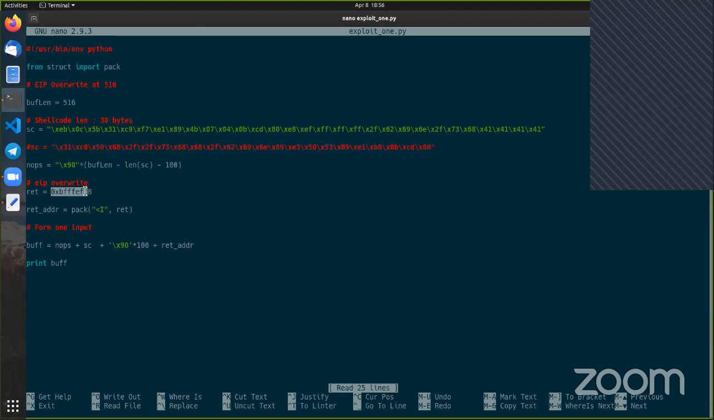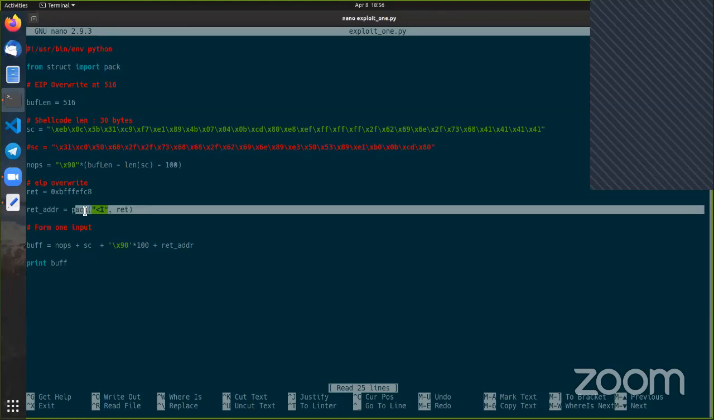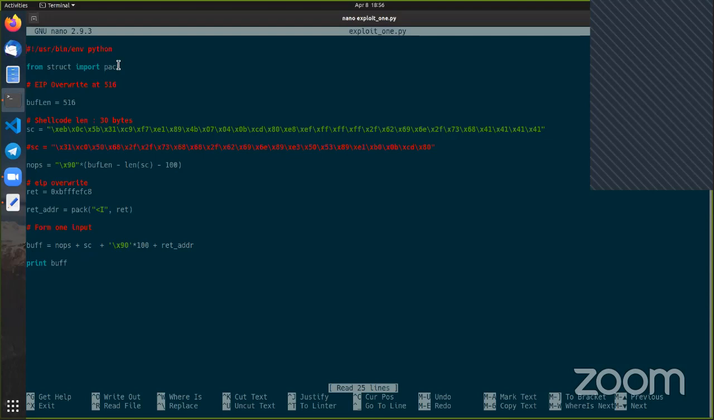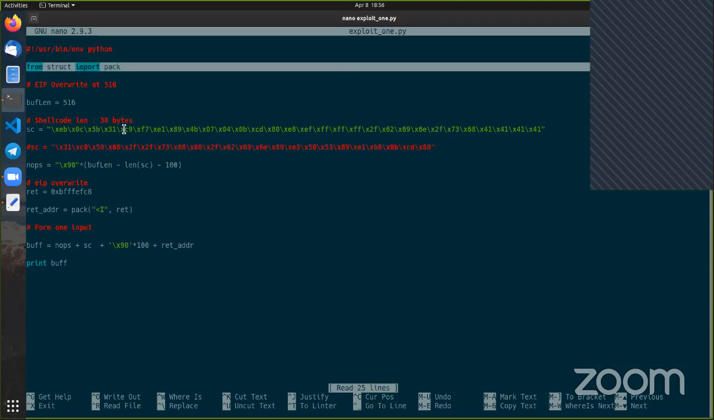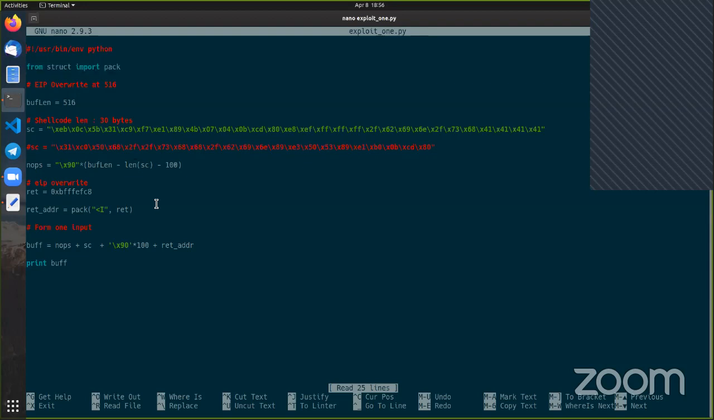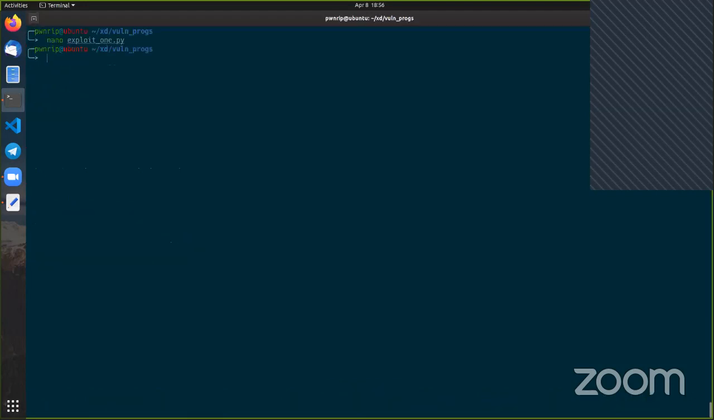Now this is the return address, and as you can see, the return address is different since it was different last time. So we need to fix this return address, and we are packing it as a little endian 4-byte word, which is done by the pack function. You can obtain the pack function from the struct library. And what we are doing is nops, then shellcode, and then again some nops, and then the return address. So the first thing that we have to do is